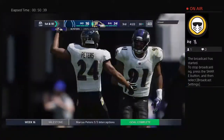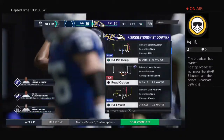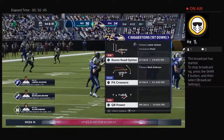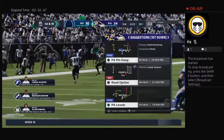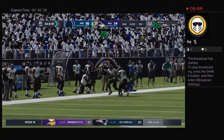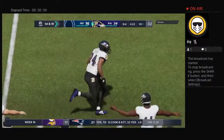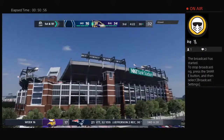And you have to wonder, Charles, in a game like this, 5 interceptions, what does this do to the psyche of a young quarterback? Well, based on the fact that he's still out there and he threw a 5th interception, I'm wondering if his head coach believes that he's really strong mentally and wants him to play through it. Because otherwise, you need to get him out and fight another day because